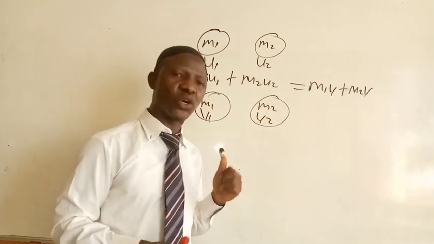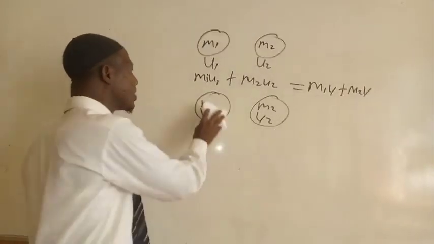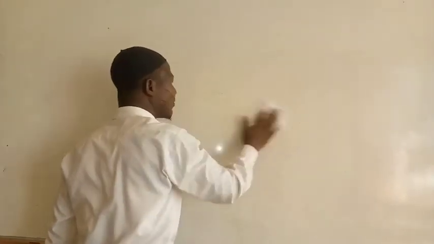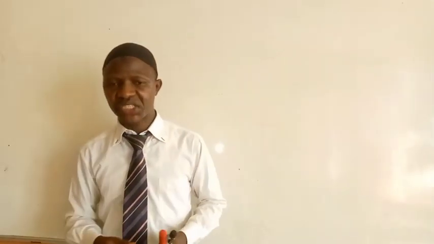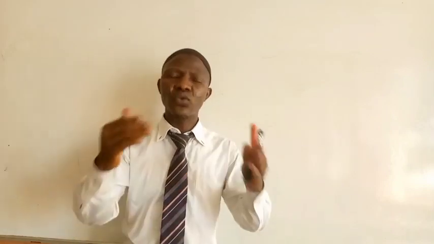This will now lead us to the types of collision we have. We have two major types of collision: elastic collision and inelastic collision. And how are you going to identify whether the collision is elastic or inelastic? You can easily get that. What you just need to do is